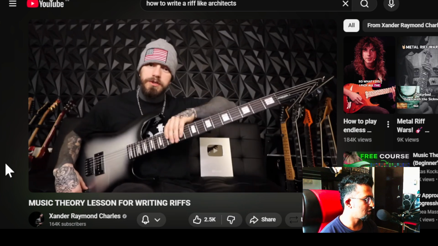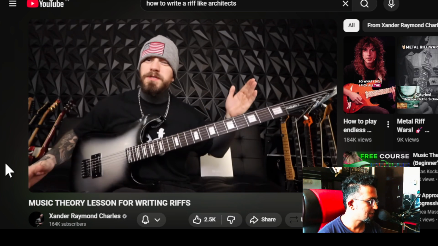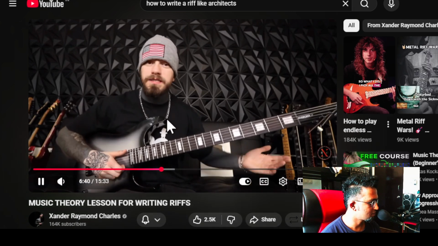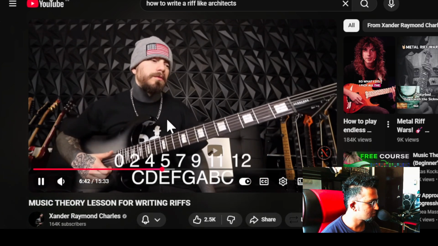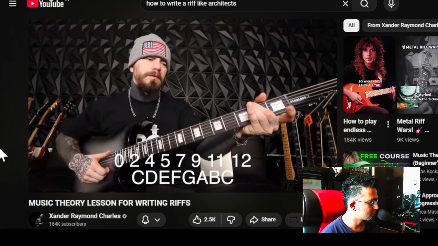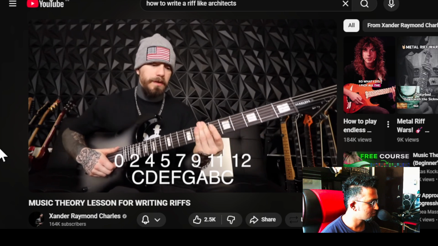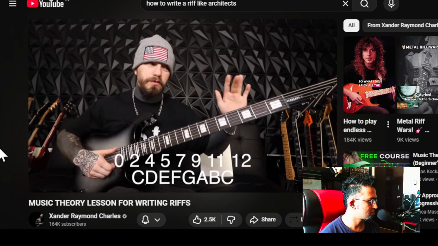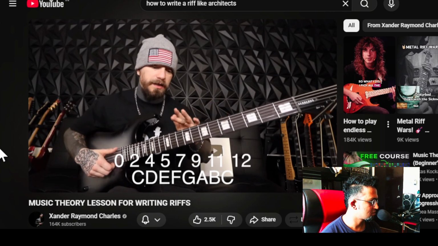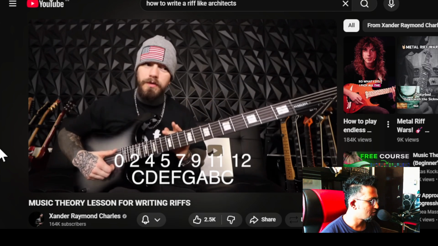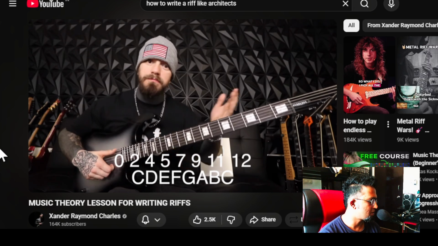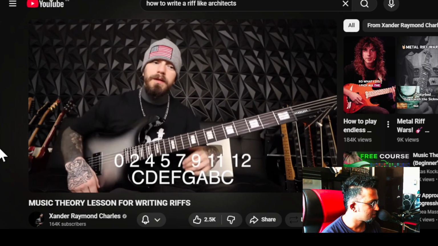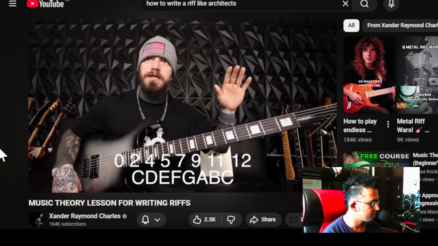Let's pretend this guitar is, we'll say, drop C. So if we use the open string 0 as C as our root note, what if we went whole step, half step, whole step, whole step, whole step, half step? Those frets are 0, 2, 4, 5, 7, 9, 11, and 12. That is following the C major formula with the low string as the root note. That same concept applies for any guitar tuning.